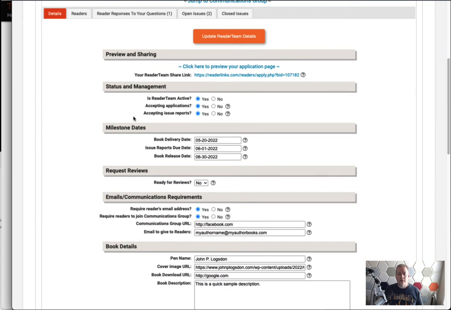All right, so the next thing is, are you still accepting applications for this team? So this team is brand new. It's just getting started and so on. But you say, I only want to have a certain number of people to be able to apply. Let's say your limit is 25 people. As long as this is set to open, though, applications are going to come in. So if they come in fast, you've got to keep your eye on this, because you might say, oh, I've got to set this to no. And then you set it to no, you update the reader team, and then it's going to stop anybody else